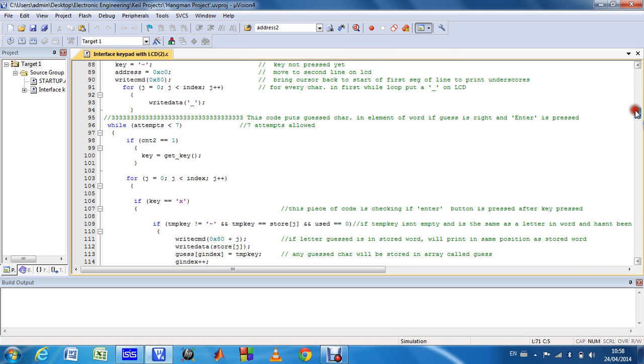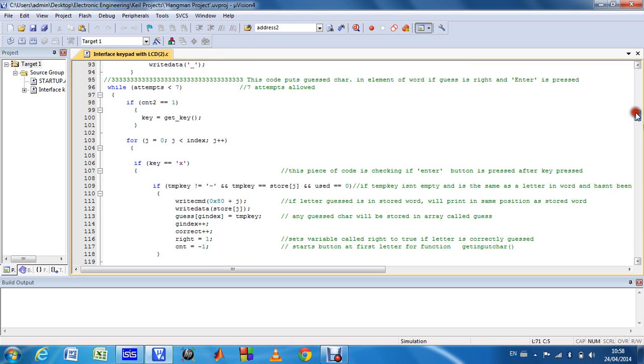So then the next piece of code, we're going into a while loop. We're going to have 7 attempts, so while attempts is less than 7, we're going to call the get key function, and then within that while loop we are going to